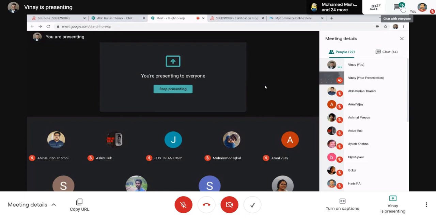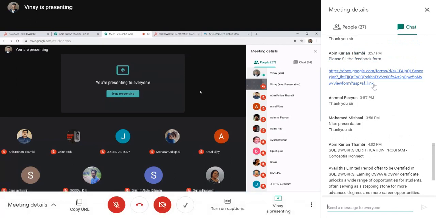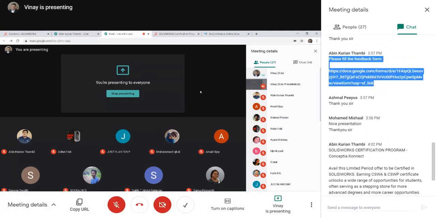I request everyone to take this opportunity. This offer has been there for almost 2 months, and we have trained about 1,500 students and they have passed the certification. Not all of them have passed. Those who have the talent have passed, but you have to check what your talent is. 2,000 rupees is not a big amount.